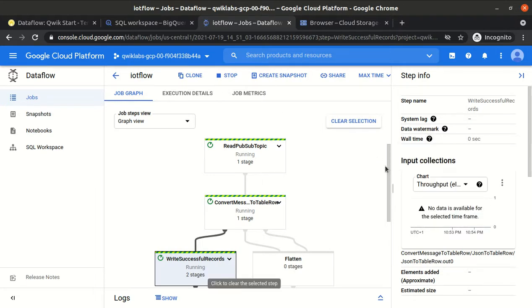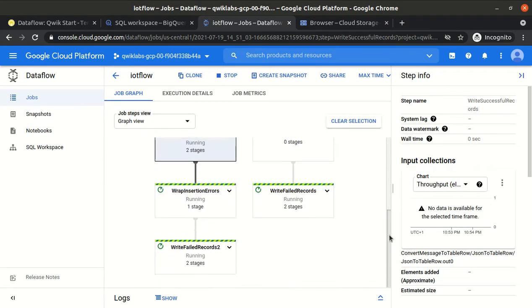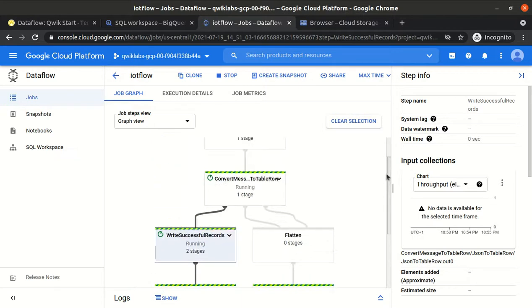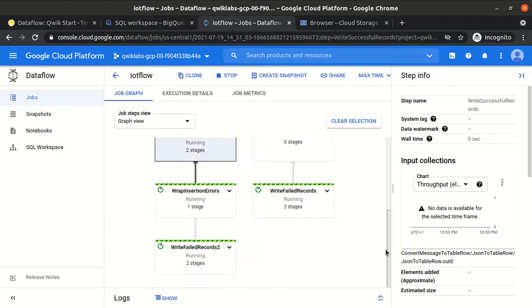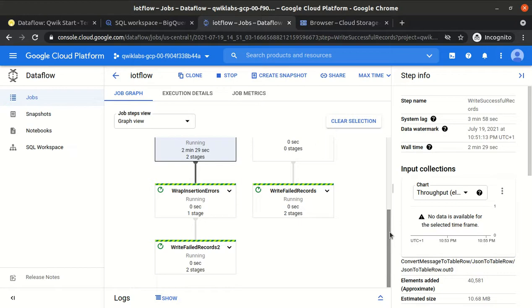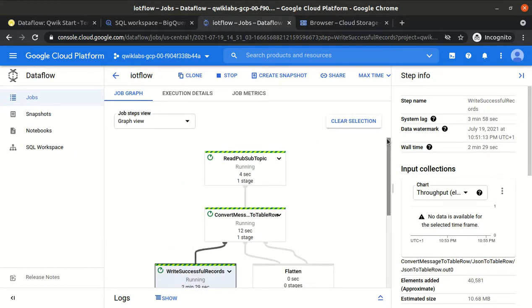Many concepts: we have to convert the JSON format into a proper format, and we have to take care of failed records. If there is some error in the data, it should be written to a dead letter queue. Everything we have to write ourselves. But if our requirement is a common one, already available as a template, why should we write our own jobs when the jobs are already written for us? We can just use our standard templates.